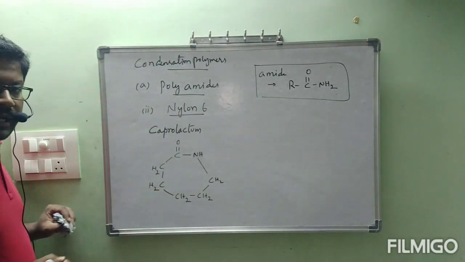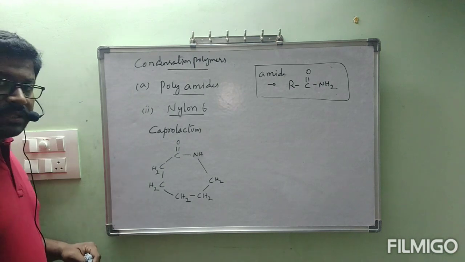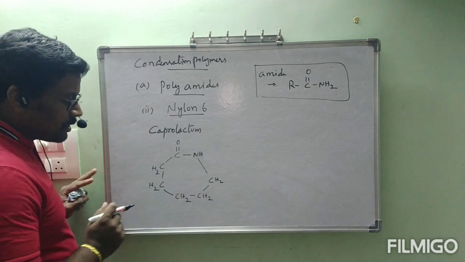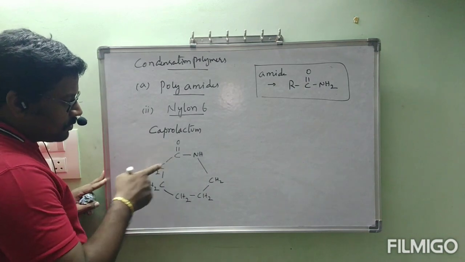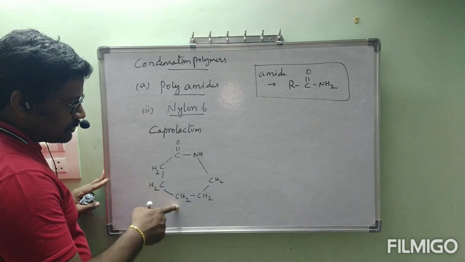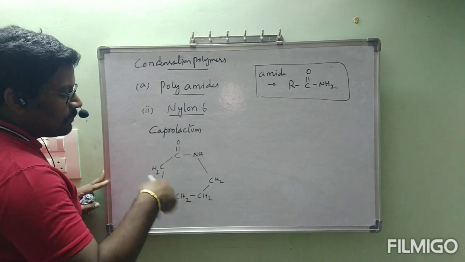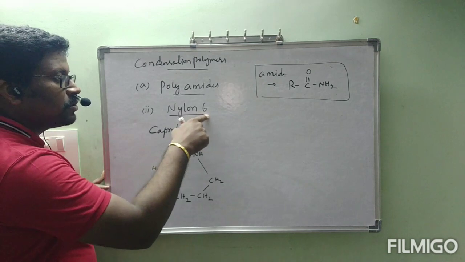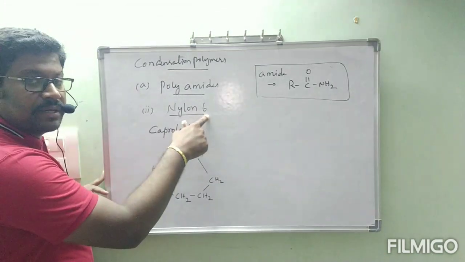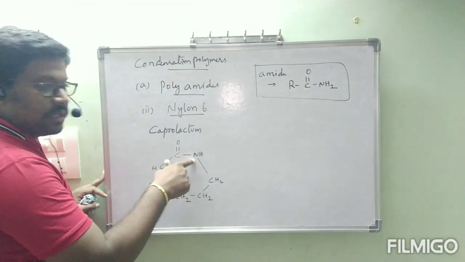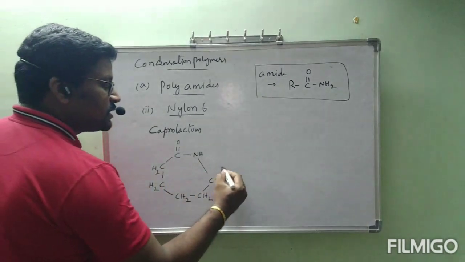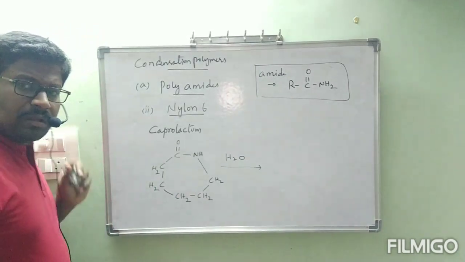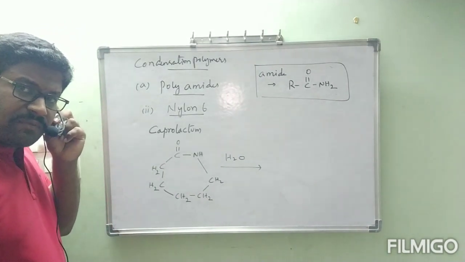This is called caprolactam. How is this caprolactam obtained? I will show that. First, before that, please observe carefully. C double bond O, CH2, CH2, CH2, CH2, CH2. Total number of carbons is 6. It is one monomer only. Remember the monomer contains 6 carbon atoms, so I wrote 6 carbon atoms, NH. This one, in the first step, will undergo reaction with water.